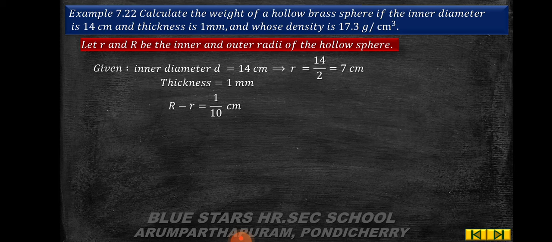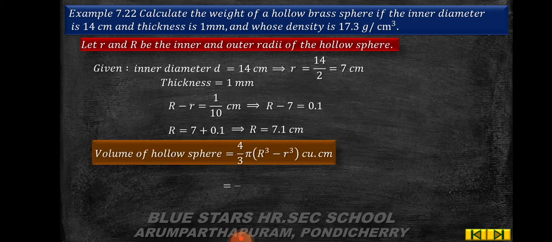So 1 millimeter is equal to 1 by 10 centimeter, which implies R minus 7 is equal to 0.1. R is equal to 7 plus 0.1. So capital R is equal to 7.1 centimeter. Then volume of the hollow sphere is equal to 4 by 3 pi R cube minus r cube cubic centimeter, which is equal to 4 by 3 into pi value is 22 by 7 into capital R is 7.1 cube minus small r is 7 cube, which is equal to 4 by 3 into 22 by 7 into